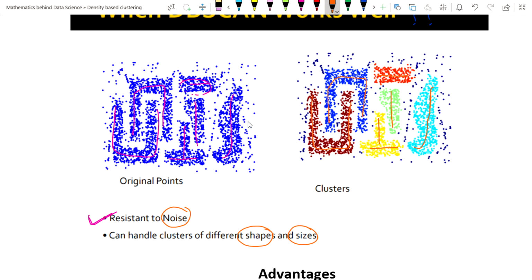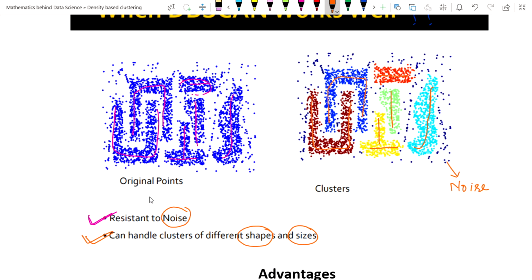These are the noise points, and it also detects that these are noise points in our data. So these are the major advantages of DBSCAN. First, it is resistant to noise, but it can also easily separate clusters of different sizes as well as different shapes.